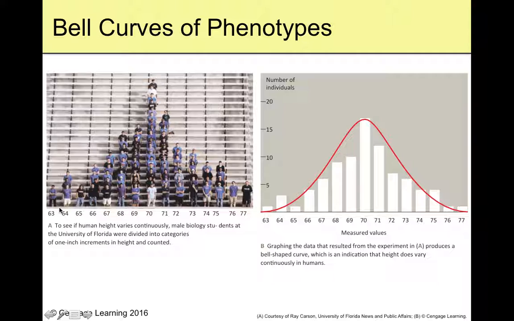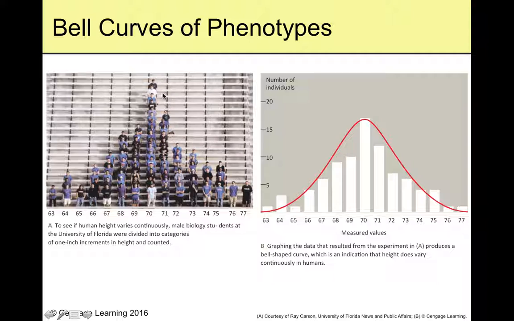They took biology students at the University of Florida, just the guys, and they used rows of bleachers, which I thought was really smart, and they categorized them by height. One inch increments, so 63 inches tall, 64 inches tall, 65 inches tall, 66 inches tall, all the way to 77 inches. And what you get is a really nice